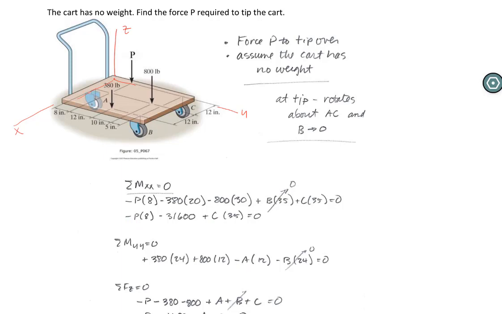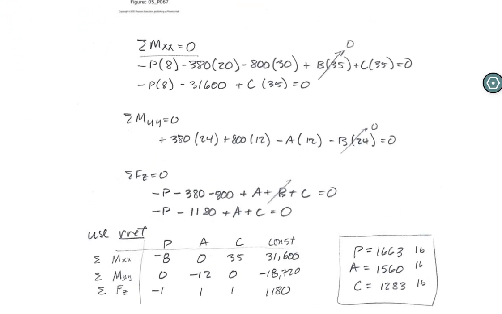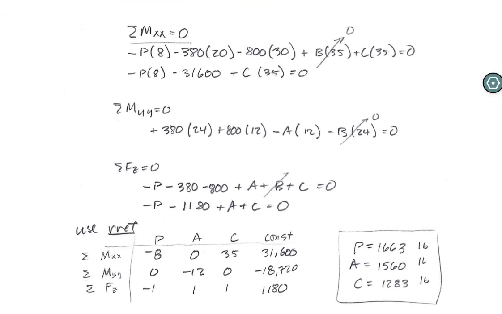So let's sum the forces in the Z. I've got 380, 800, and P, which is my unknown. A and C are also there. So if I sum the forces in the Z, I got P, A, again B goes to 0, and C, and then I have this. I got 3 equations, 3 unknowns. We have a good way of solving that using RREF, and so I'm just going to zoom in just a little bit so you can see how I set this up using my calculator,